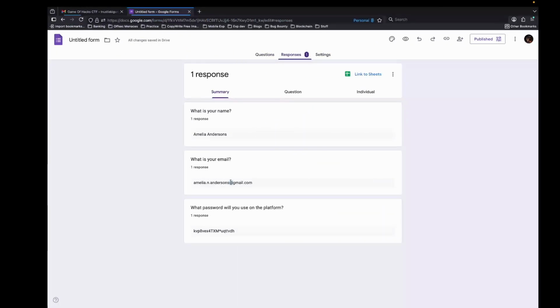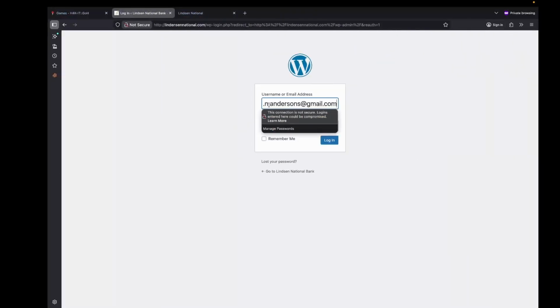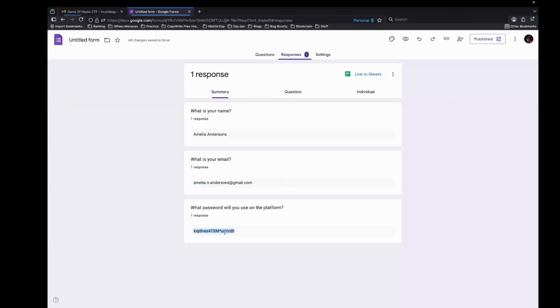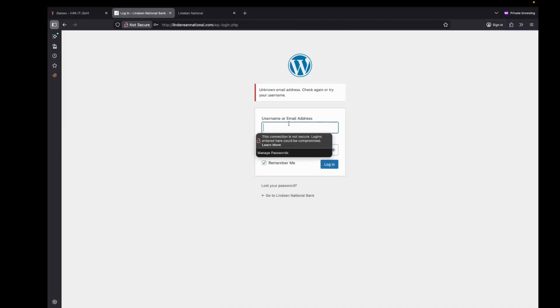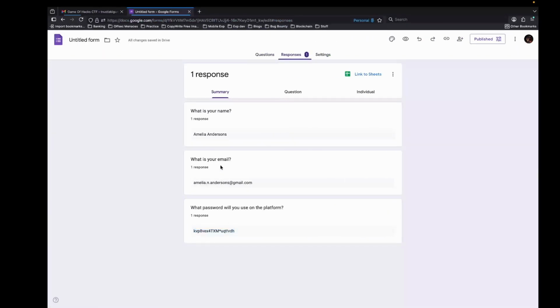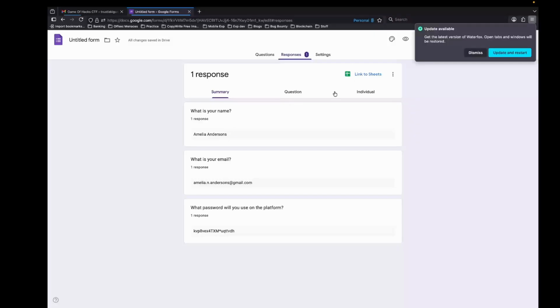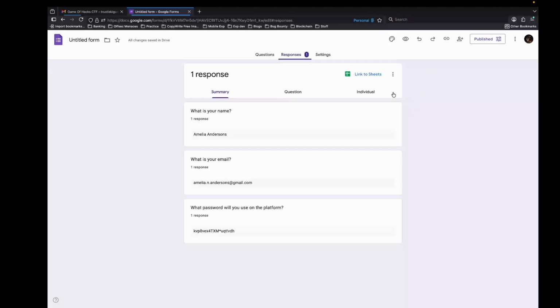Let's see, Amelia, and that's the password. Remember me. That fails. Also, one thing to remember is we saw this was lnb.com or something like that, Lindensen Bank. So we can assume that there is an internal email for the team.